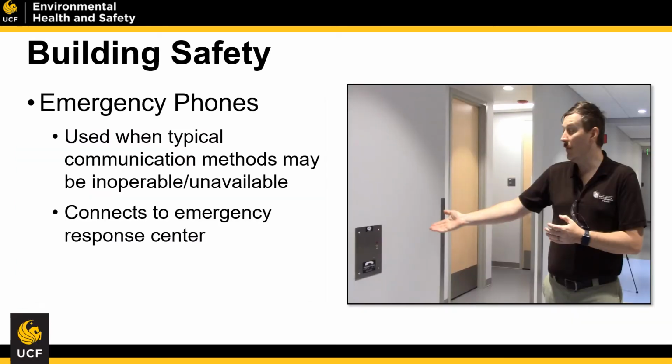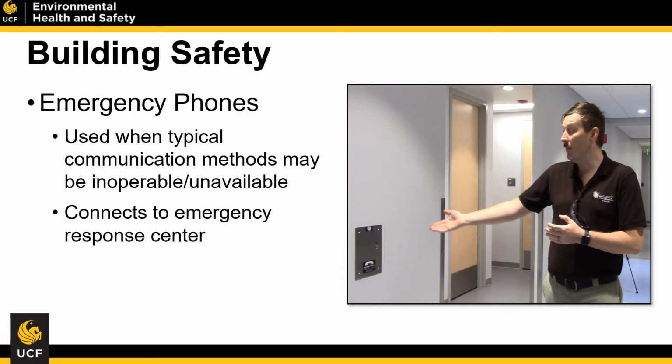Some buildings also have emergency phones. Also, laboratories typically have an emergency line as well. These phones are used in the event that your cell phone may not work inside of a building because of how it's built. You might not get signal. So, an emergency phone might be a great option in the event of an emergency for you to be able to call out of that space. These phones typically connect directly to the emergency response center